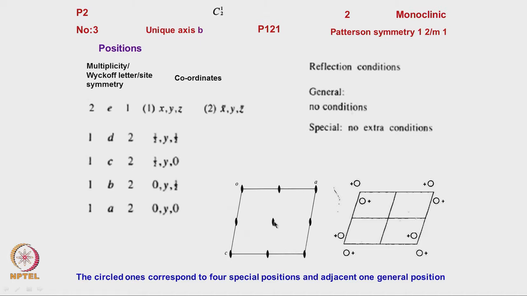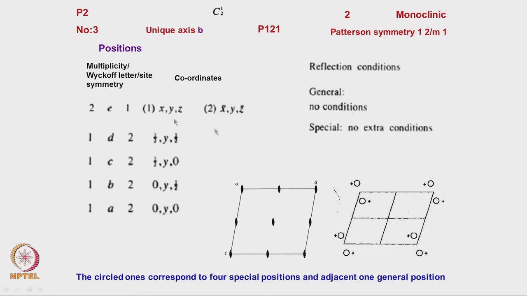Or the third, it would be kept at this center. These are the coordinates of the atom position which is being shown, where we have to keep the atom. And then there is only one position where we have to keep it, because the others are all generated by translation, because here the P represents essentially a primitive lattice. Primitive lattice means that the number of atoms per unit cell is 1. So that is why essentially we have to choose only one position.